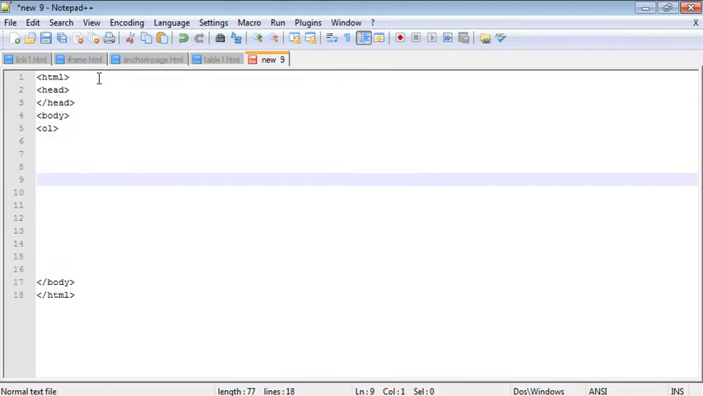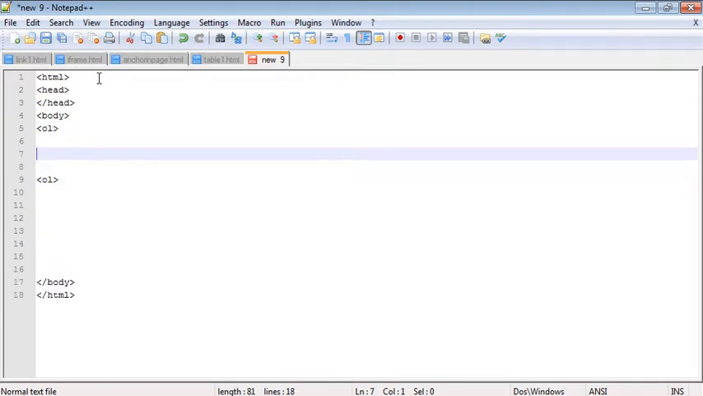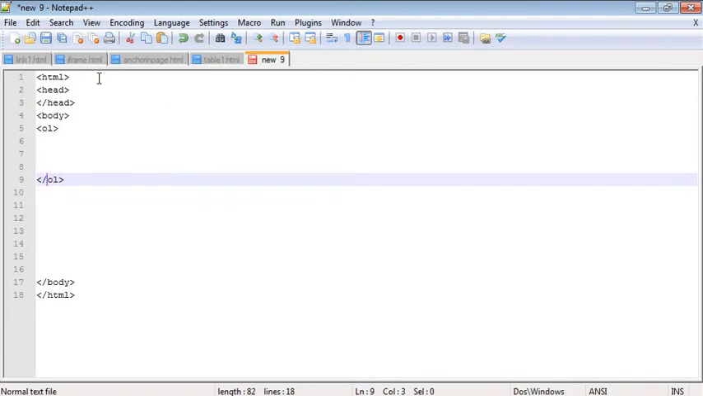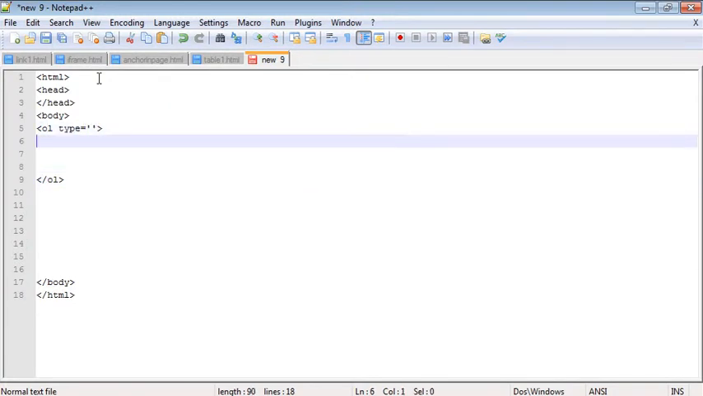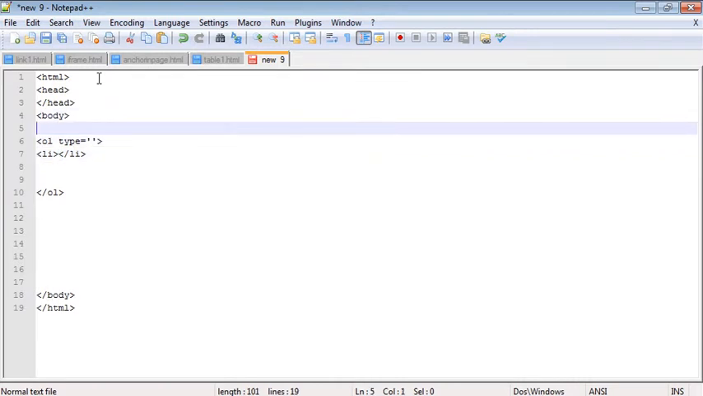So we have an ordered list that is starting from 1, 2, 3. We don't know what the type is, we'll specify the type and play along with the type. Now each content that you want to appear should be inside your list item. So this is going to be your list, right? So what we're going to do is